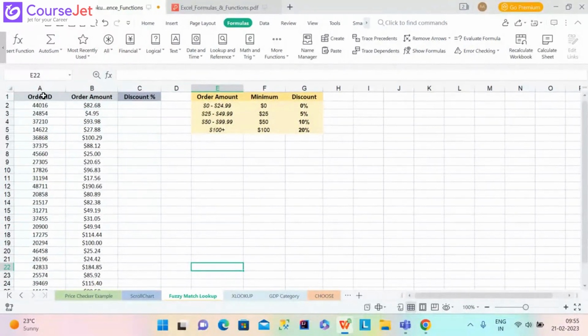So now the key is this little lookup table that I have created in cells E1 through G5, and this is basically a discount schedule. It tells us that for orders between 0 and $24.99 there should be no discount applied, but if you spend more than $25 you get 5% discount. If you spend more than 50 you get 10% off, and if you spend more than 100 you will get 20% off. This is a pretty common, realistic structure that a lot of retail companies use in the real world,